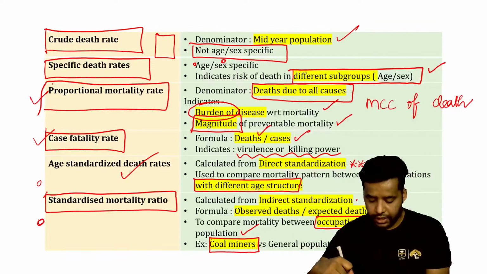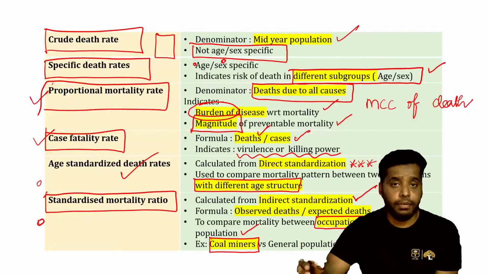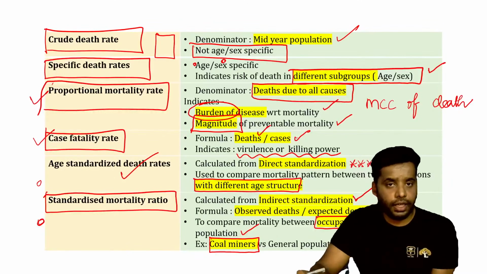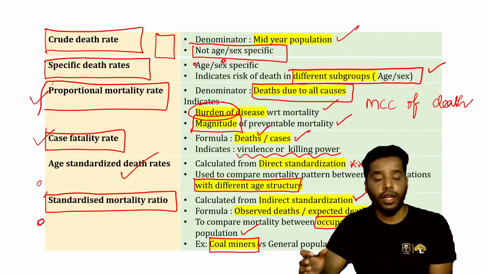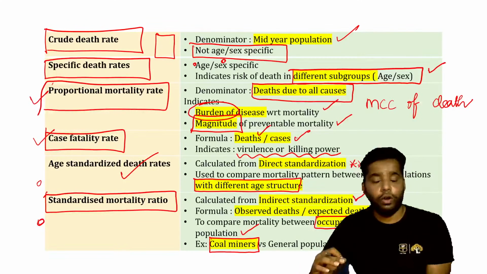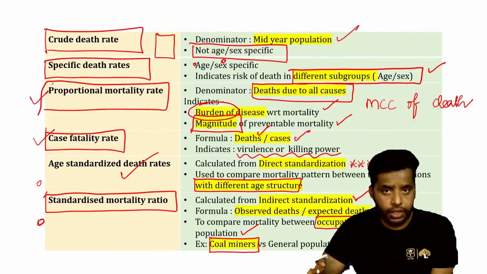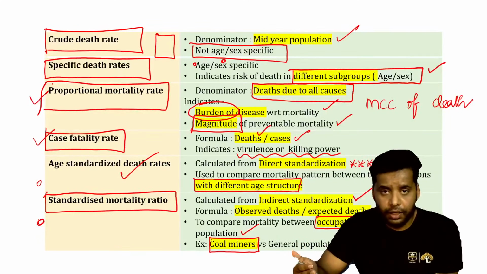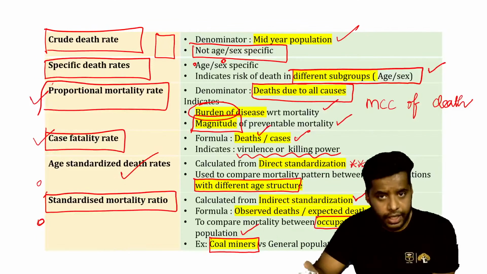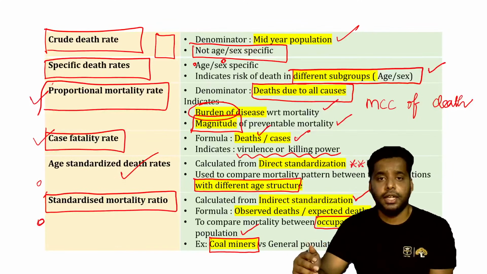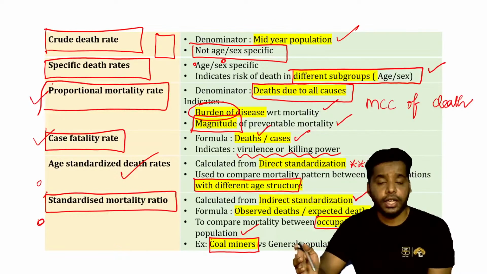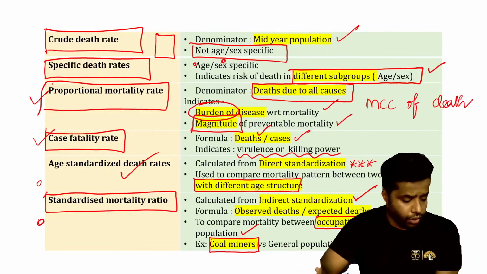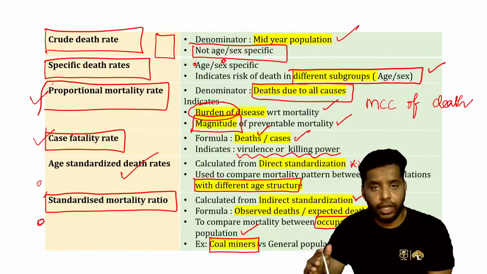From indirect standardization. Again, I'm telling you, the standardization calculation part is totally different. That is an undergraduate exercise which we give MBBS students. But competitive exams won't ask calculations of standardization; they will ask what is being done. What is the way to calculate age standardized death rates? Direct standardization. What is the way to calculate standardized mortality ratio? Indirect standardization, and the formula for standardized mortality ratio can be